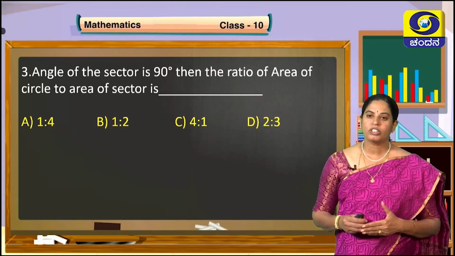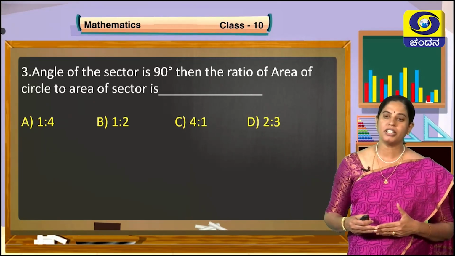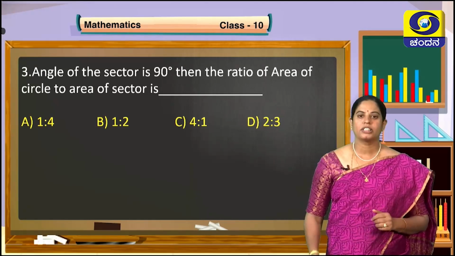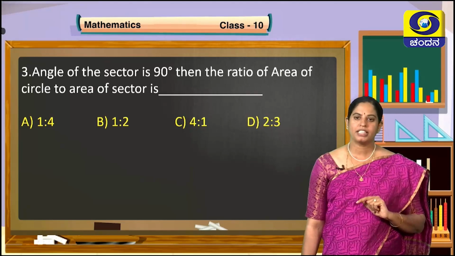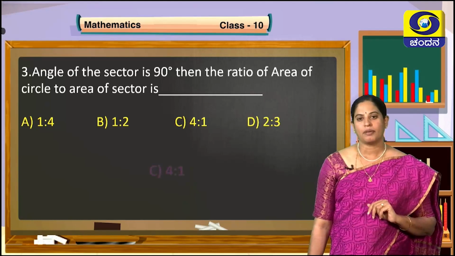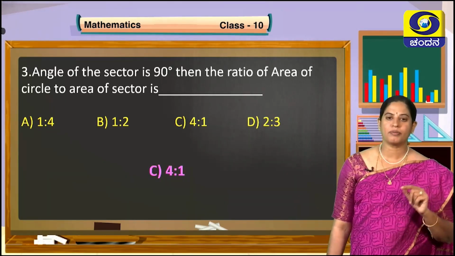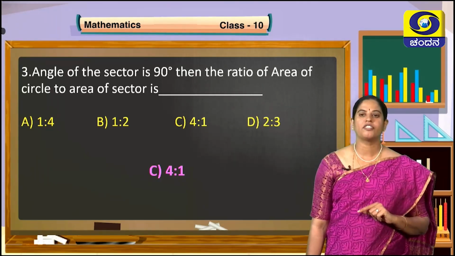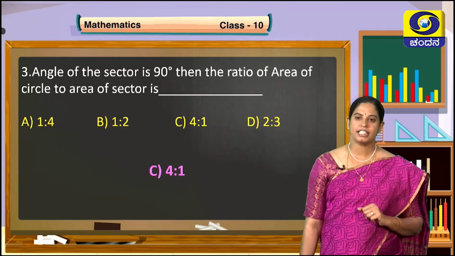First we have to take the area of the circle, then the area of the sector. So if you compare the area of the circle with the sector, the area of the circle will be 4 times the area of the sector. So then what is the answer? Yes, you are right. So options B and D are not the answer. If you observe options A and C carefully, option C is the correct answer, because the area of the circle comes first, then the area of the sector. It is 1 part of 4 parts of the area of the circle when the angle is 90 degrees.